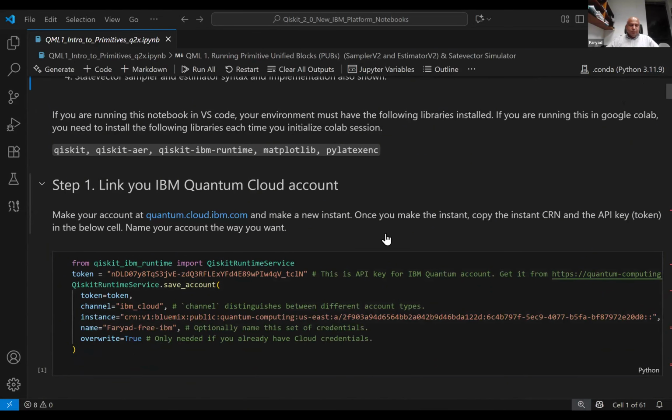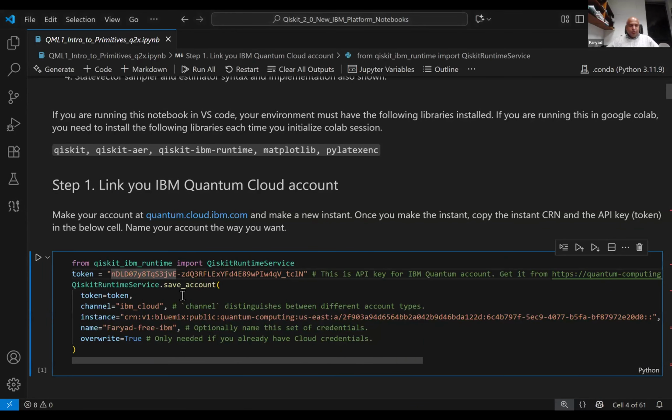The code is the same, and I'm going to describe it in this part, and then in the later sessions we'll just be omitting this, because to run synchronously with you, I'll have to run it on a simulator. Anyway, if you have an account on IBM Quantum Computer, you can copy your token here and